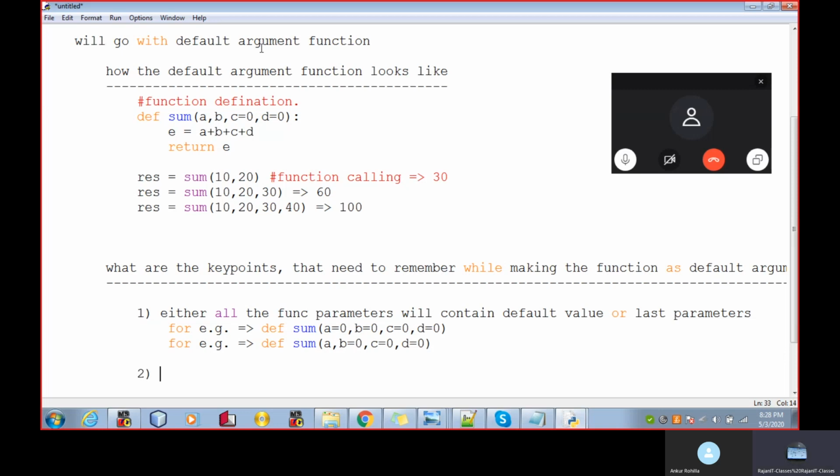So the next key point is that we cannot make the middle parameter or first parameter of the function as default.